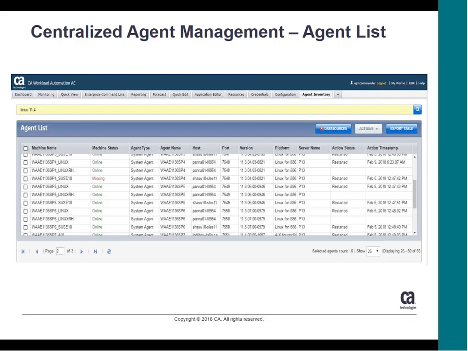And at the top, you have a search bar. So it allows you to search on the entries, like you may want to see all the agents which have, say, advanced integration as Hadoop, or maybe you want to find out all the machines which have PeopleSoft adapter, PeopleSoft as a plugin. So you can actually type in the name in the search bar, and then it will list you all the machines that